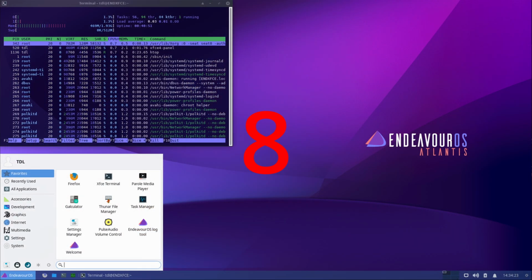On 8th place we have EndeavourOS with the XFCE desktop environment. XFCE is a lightweight desktop environment and it aims to be fast on low system resources, while still being a visually appealing and user-friendly environment. It's pretty versatile and can be made to look very nice, but out of the box it's not very appealing. There are a lot of videos on how to turn this into a beautiful desktop environment, and I think the EndeavourOS team did a very nice job on it. It uses about 469 megabytes of memory after a clean reboot.